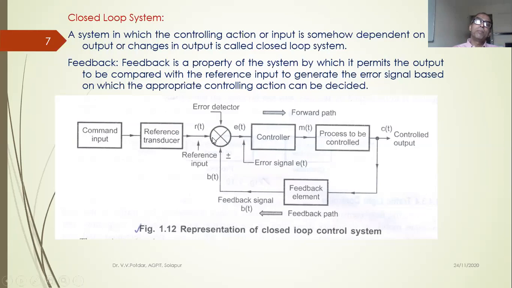So 10 volt is my set value and the actual temperature is 900, so 9 volt. So 10 minus 9, which is 1 volt, is my error signal. That error signal of plus 1 volt will be amplified, modified, conditioned and given to the controller, and it will actuate the heater. Now this is called the manipulated variable. The controller will receive the error signal and convert it into a manipulated variable, maybe a voltage or current signal.